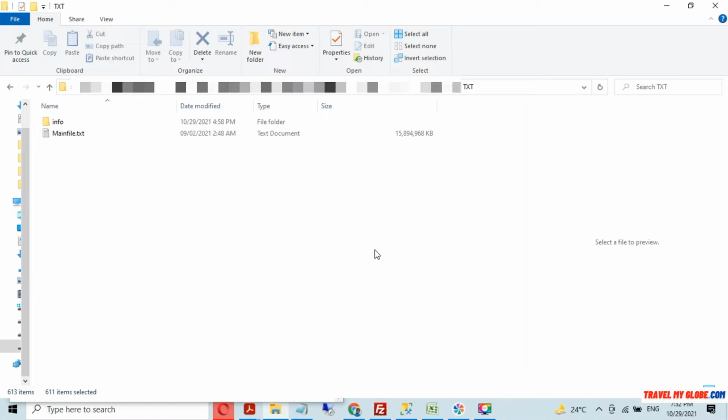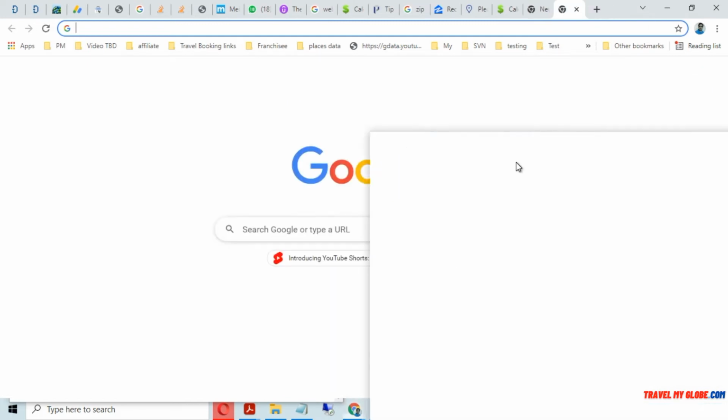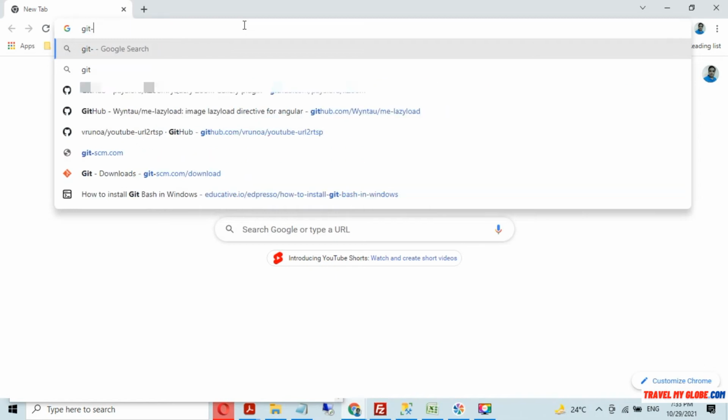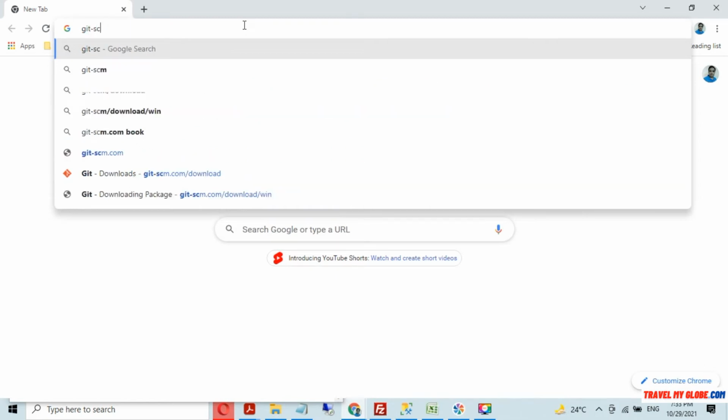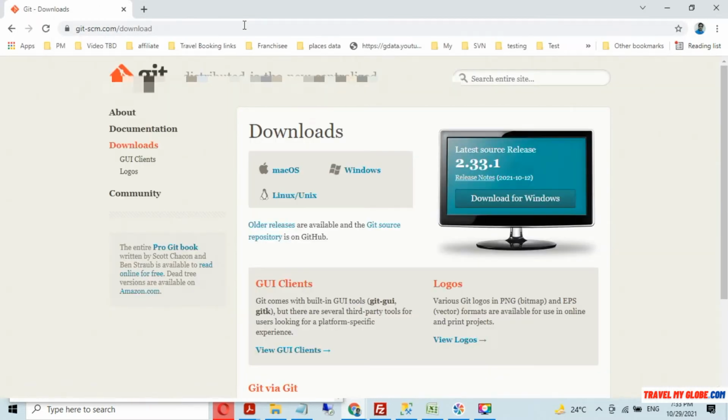For this, what you need is a small tool, Git Bash, which is a utility available with Git for Windows. For this, you have to go to Git for Windows, which is Git SCM download. You can see that this website is now open on my screen. From here you have to download this utility, and when you install it, remember that you have to select Git Bash as an option.